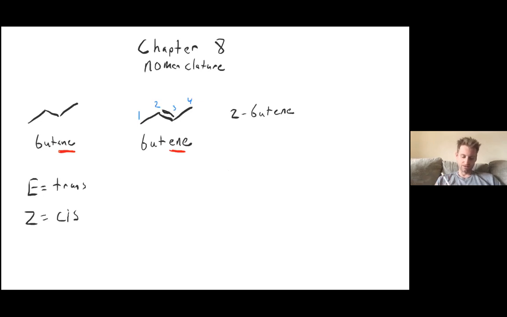So for this molecule up top, you would consider this to be a trans configuration. So this would be a 2E-2-butene, or an E-2-butene. There's only one stereocenter. You don't necessarily need to write it out. It's a little bit redundant. Let's talk about a more complicated one, though. So let's say we had something like